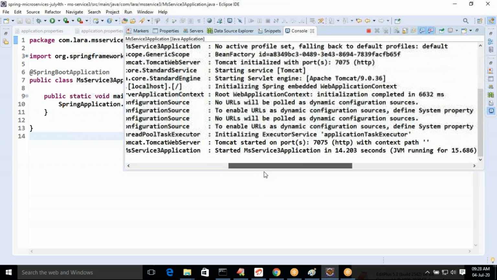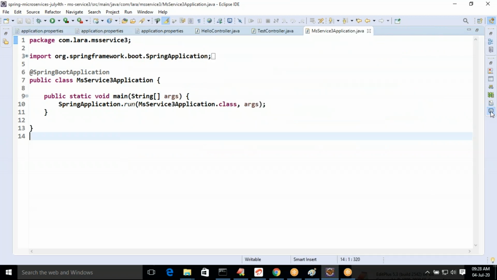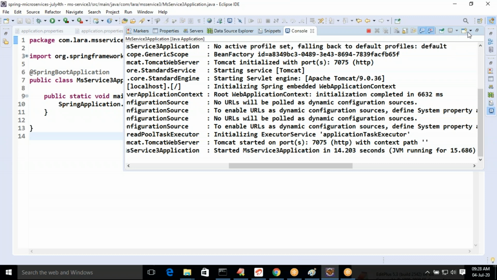You can see MS Service 3 at 7075 started. If you go to the console, you'll see only one, so because of one, there is no drop down.